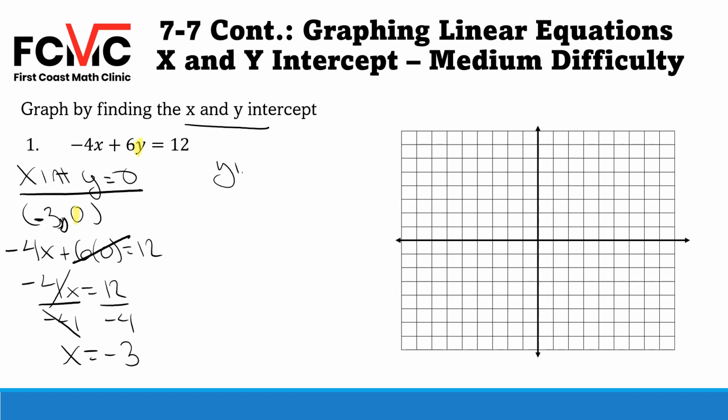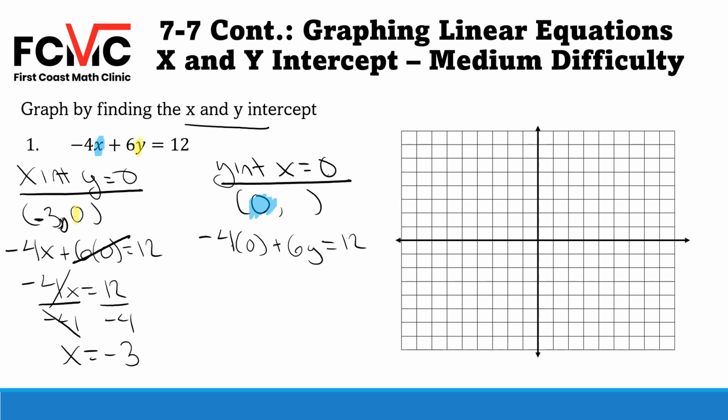And now let's find our y-intercept. So at our y-intercept, we know x is equal to 0. So in our second ordered pair, let's put that 0 in for x. So I'm going to have negative 4 times 0 plus 6y equals 12. Negative 4 times 0 is 0, so I'm left with 6y equals 12. Divide by 6 and 6. 6 and 6 divide out to 1, so we can just get rid of the 6's,